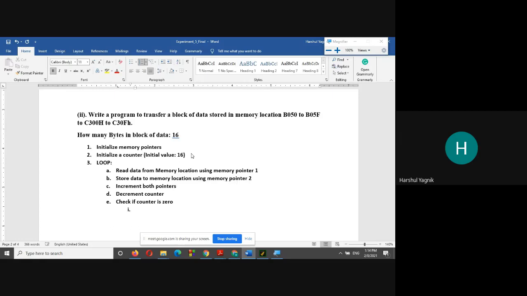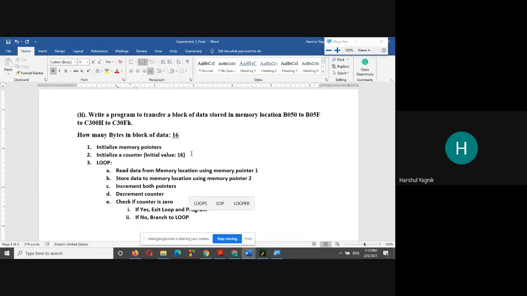If the counter is 0, then what to do? Exit the loop, and this is the last task of the program, so exit from the program also. If the counter is not 0, then branch to the loop.